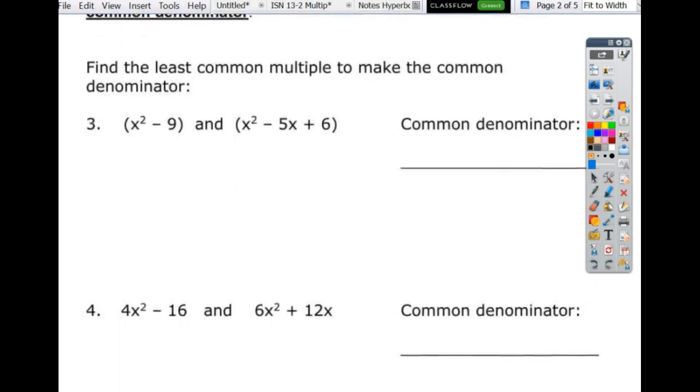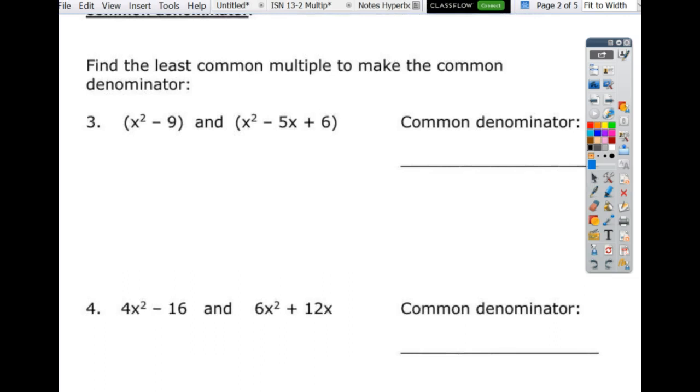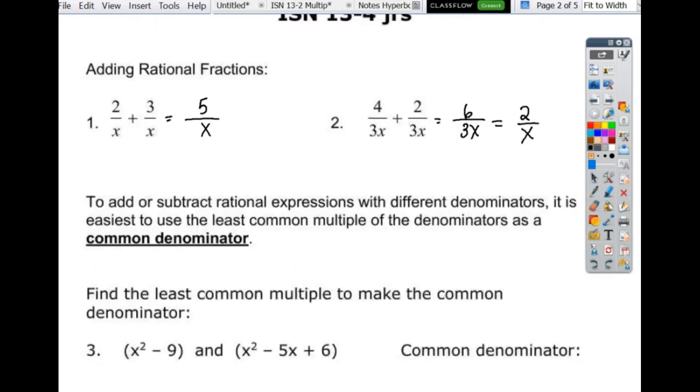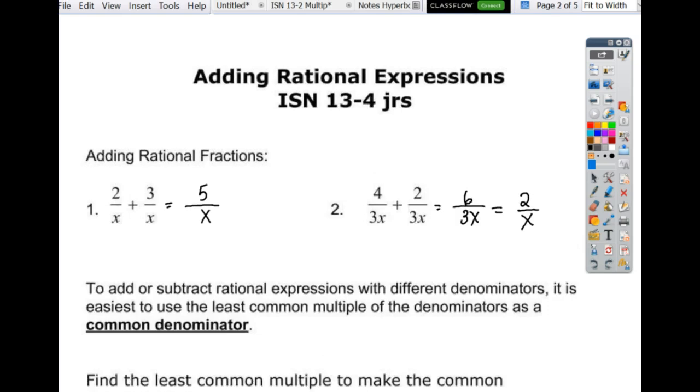So, if these were the denominators, I want to know how to find a common denominator. All right? So, first of all, before I start, if you were going to add,